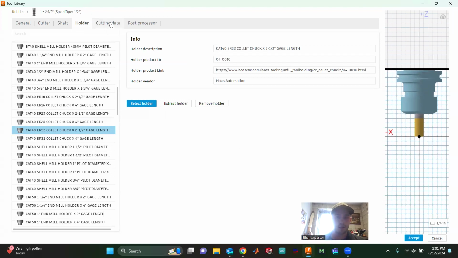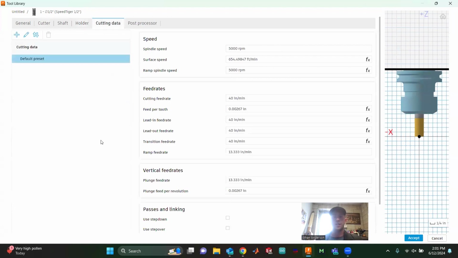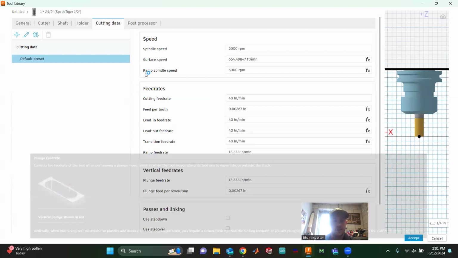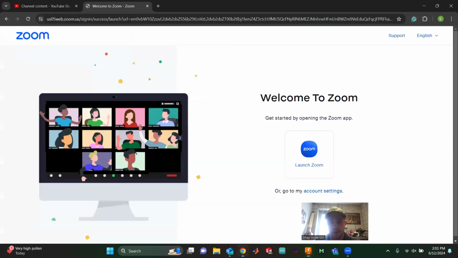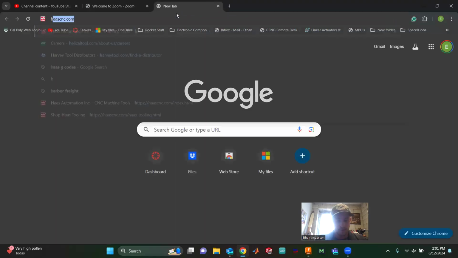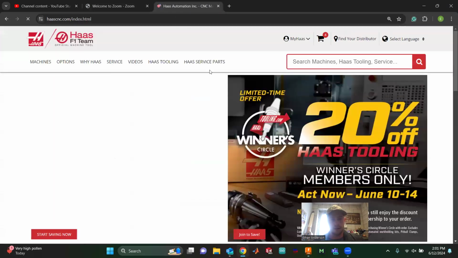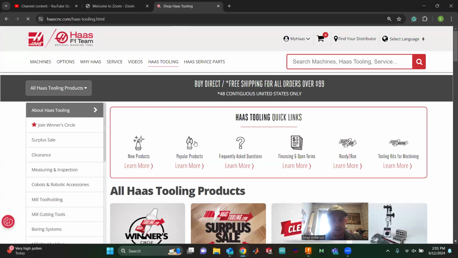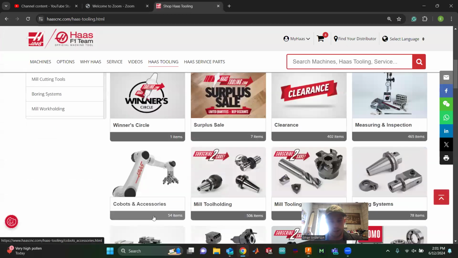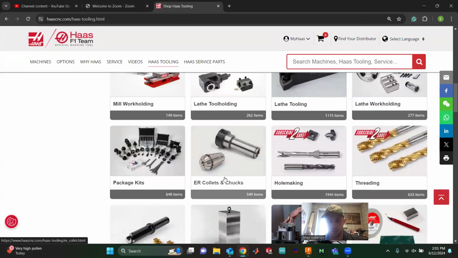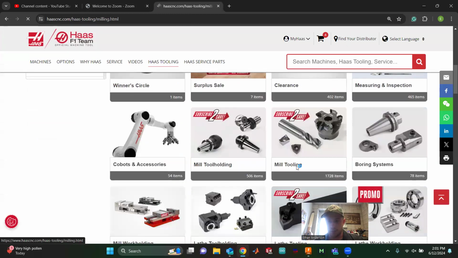Nice. Okay, so we're going to come over here to cutting data. This is the most important part, it does all your speeds and feeds here. So this is really important. If you buy a Haas end mill, go over here to Haas tooling. We're going to go to, I don't even see it, mill tooling